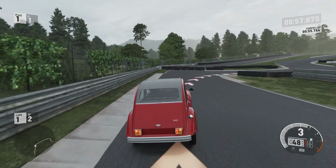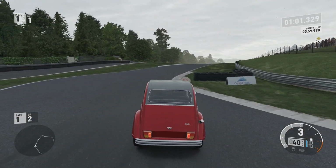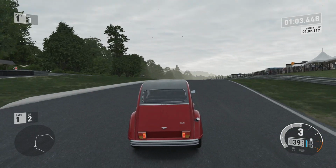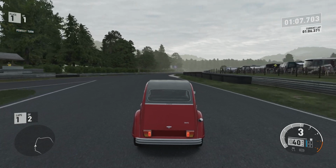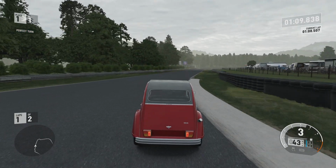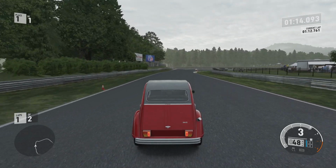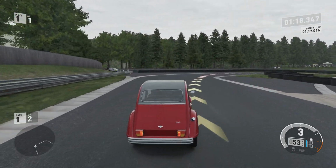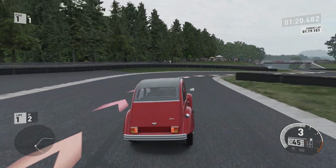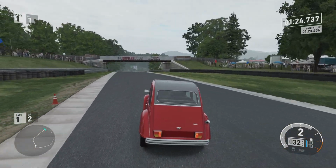So yeah, most powerful version, but not necessarily the quickest in terms of top speed, but certainly probably the quickest in terms of acceleration. But quick in terms of acceleration with this car is still really rather slow. 0 to 60 in 32.723 seconds, which admittedly is faster than the Subaru, but still really rather slow. And it can't do 100 mile an hour, it can only do 71 miles an hour, which admittedly is the